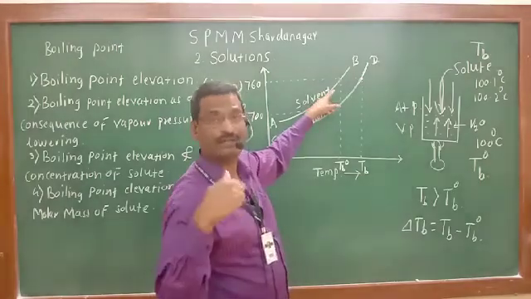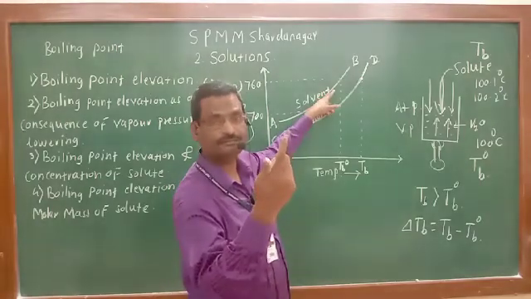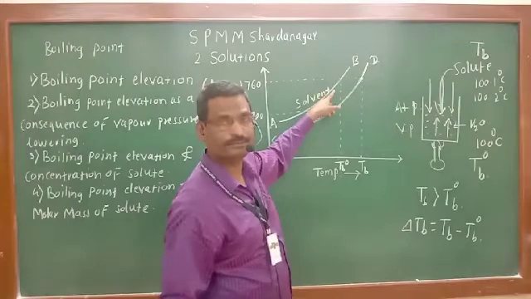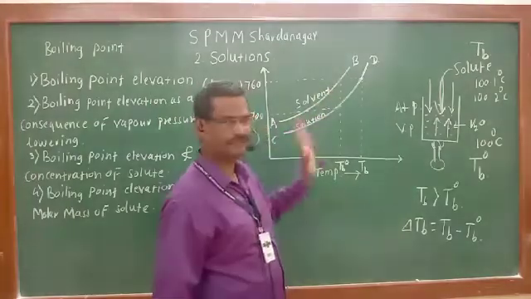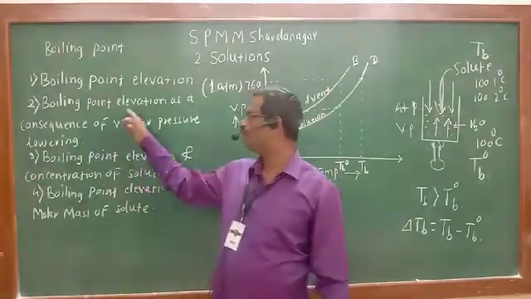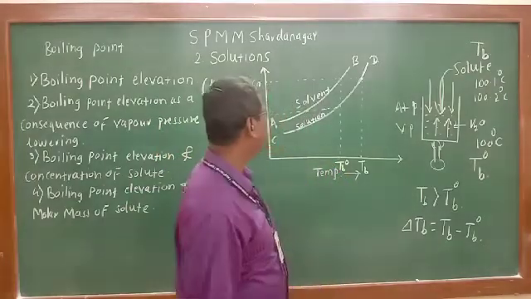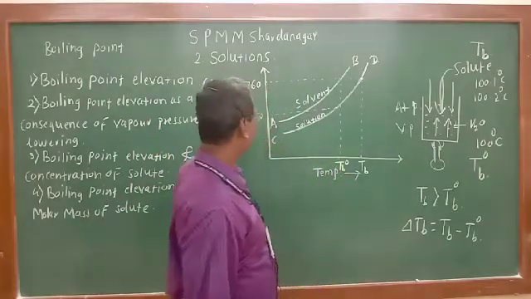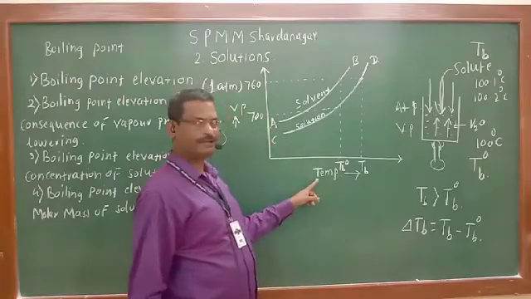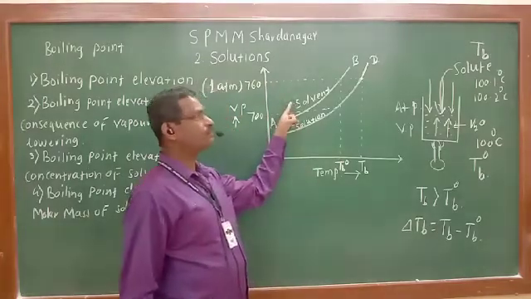Because solvent has always higher vapor pressure and lower boiling point. That is the consequence of boiling point elevation with vapor pressure lowering. See it once again. If we plot vapor pressure as a function of temperature, for pure solvent, vapor pressure is